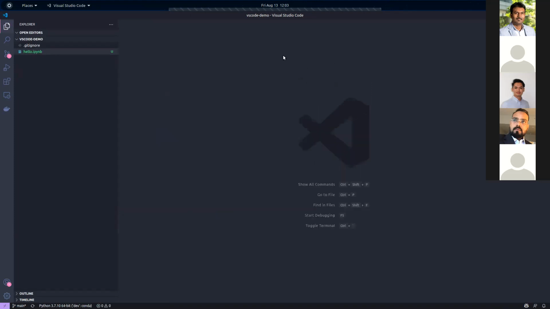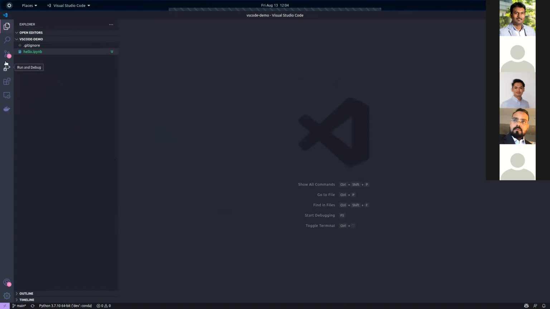So this is the UI of VS Code once you've opened a repository or a folder in your VS Code editor. On the left-hand side, you should see a few tabs. These tabs are for different operations with your folder.